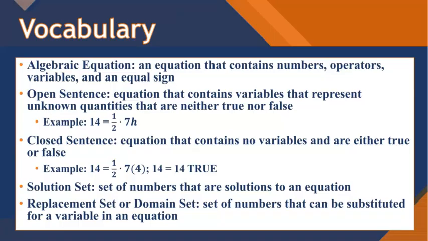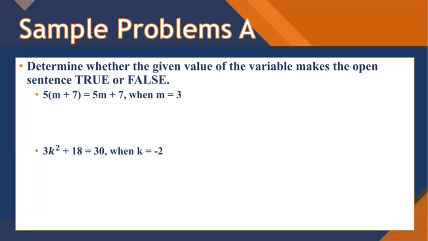So let's take a look at an example. Here we want to determine whether the given value of the variable makes the open sentence true or false. So here we have 5 times m plus 7 equaling 5m plus 7 when m is equal to 3. So if we put 3 in for m, I'm going to do that on both sides. So I'm going to have 5 times 3 plus 7 equals 5 times 3